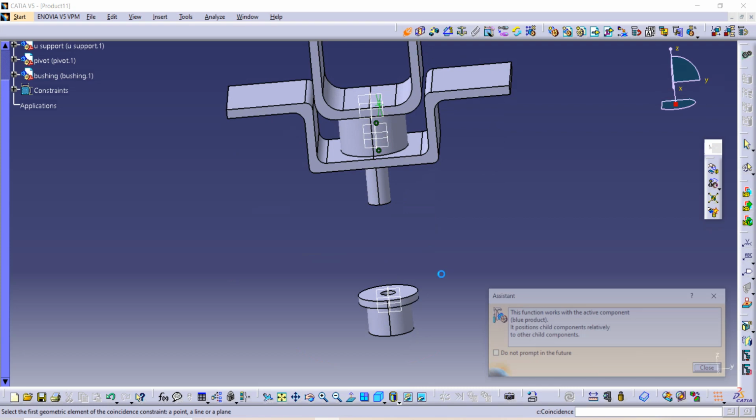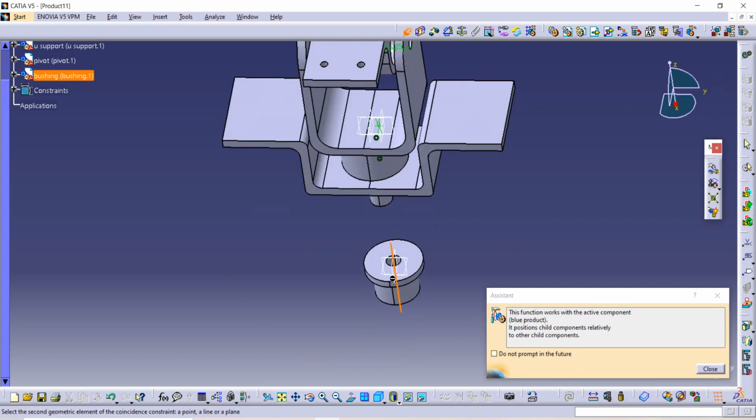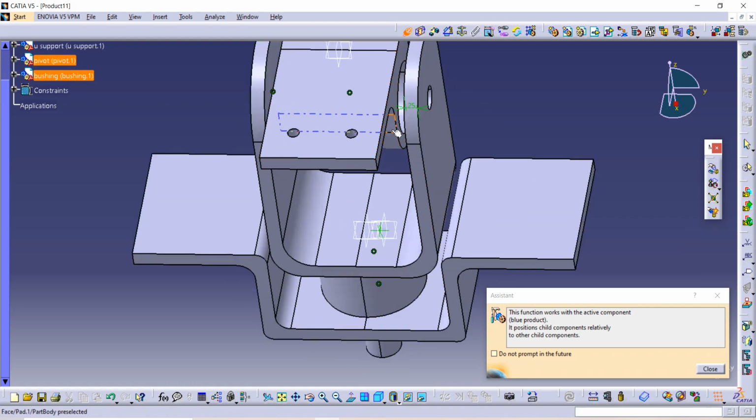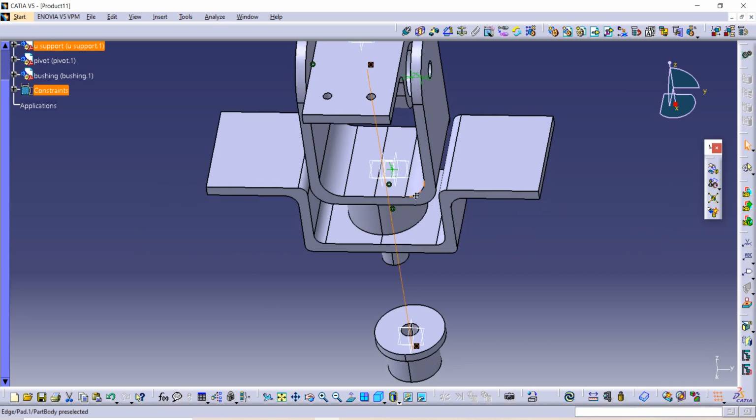Now use this constraint option, then select the axis of that and then axis of this part. Now don't update it yet, update it after you give the second constraint, whose name is offset.